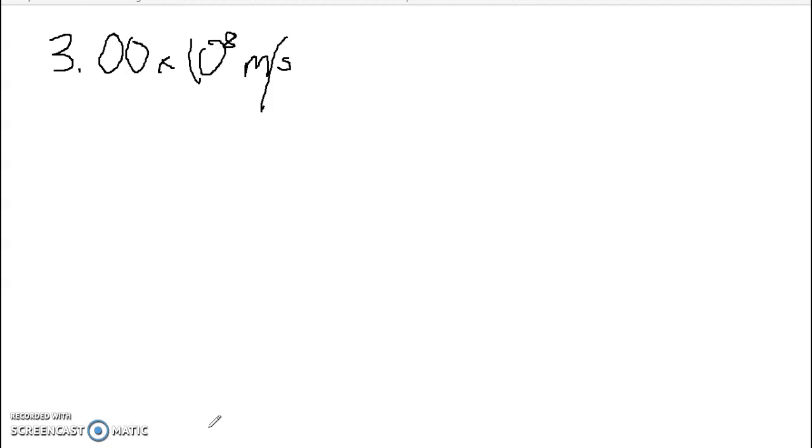Now, there's a few parts I want to point out. We have our digit in front, or to the left of the decimal point, and we have our exponent. Alright, so those are going to be really important as we convert. Now I'm going to start with that first number in front of the decimal point. And now that exponent of 8 tells me the